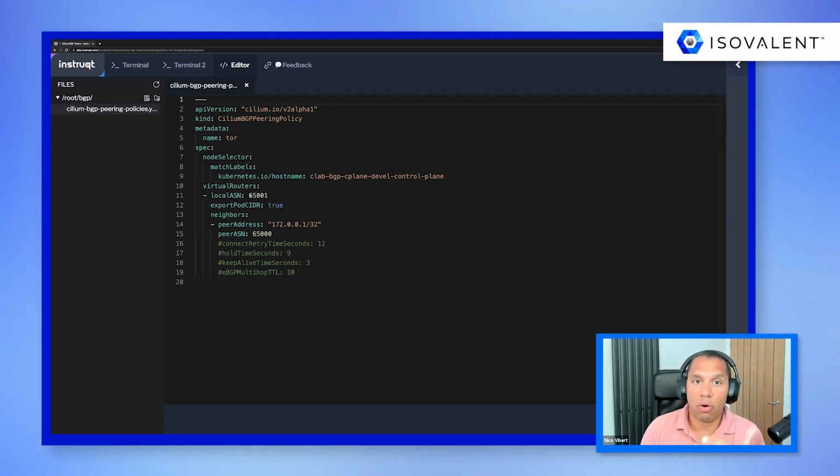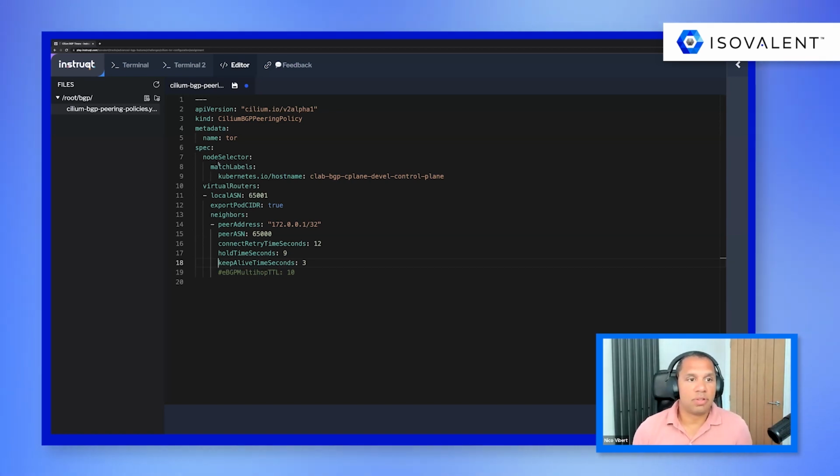We specify our own local autonomous system number, whether we want to advertise a pod CIDR to our peers. And then we have some settings like my peer IP address, my peer AS number, and we're going to modify the BGP timers, right? So we're going to go from 30 seconds to 9 seconds and 12 seconds.